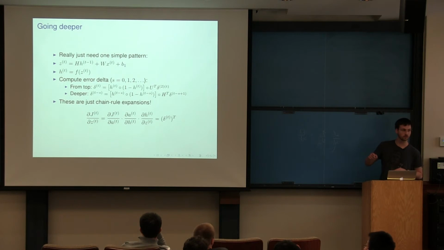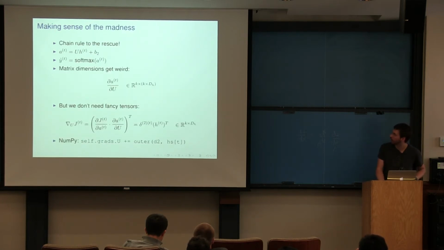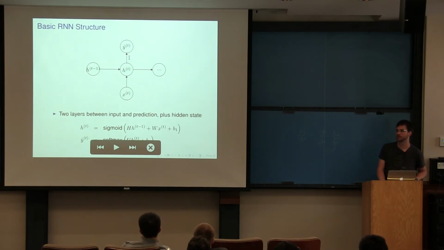Question? Yeah, why are there 2 superscripts on the delta? I try to keep with the notation of Rohit's slides, in that 2 is the second layer. So the idea is that there are sort of 2 layers separating your input and your output, and so your delta 2 lives here. And delta 1 is for the first layer, which is the hidden layer. It's a little tricky. There isn't really a standardized notation for doing this over time.